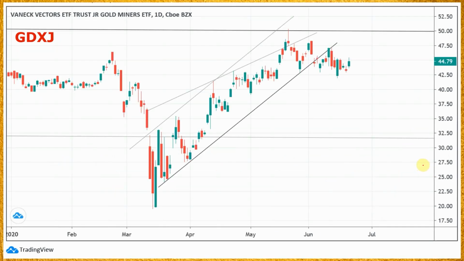Let's look a bit more closely at the GDXJ on the daily scale. And this is the rise that we saw in March. You can see that this resistance line was rejected here and price has been just slowly moving downwards. It's been nothing dramatic here. That upwards move could be interpreted in one of two ways. So one, I've drawn the lower line, which I think we can all agree on there. But which of the upper lines do we use? One possibility is this one here, which means that we've got a rising wedge.